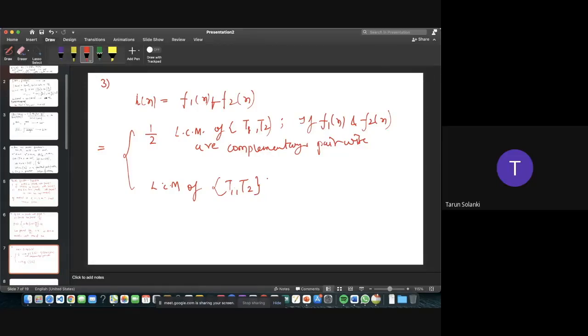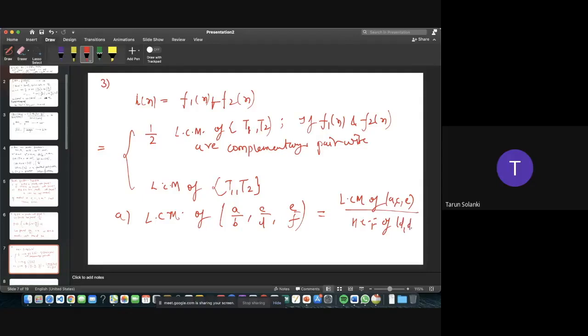Okay, so while taking the LCM, we should remember that the LCM of A by B, C by D, and E by F is equal to the LCM of A, C, and E divided by the HCF of B, D, and F. Okay, so you can